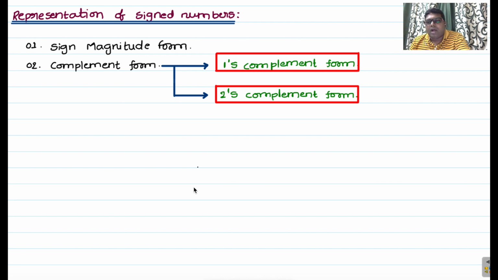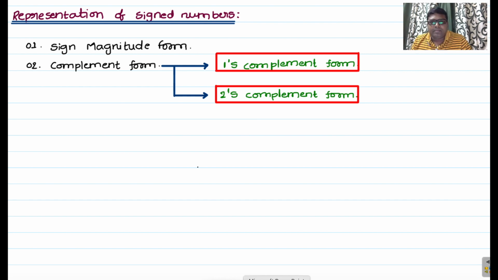After that we can add both the positive number as well as the negative number, that means the one's or two's complement form number, directly, and then you will get the resultant number. So that's why we are using this complement form instead of representing negative numbers directly. Most of the situations we prefer the complement form method to represent negative numbers instead of sign magnitude form. This is about our representation of sign numbers concept.